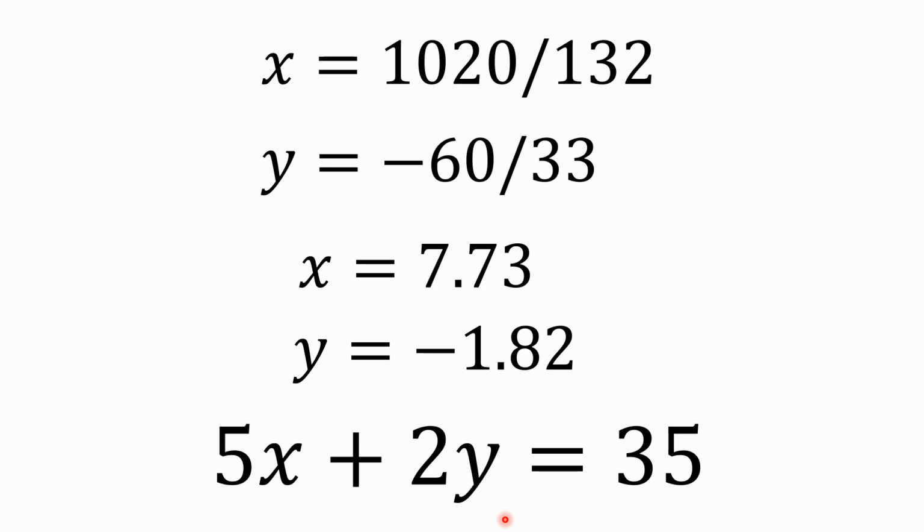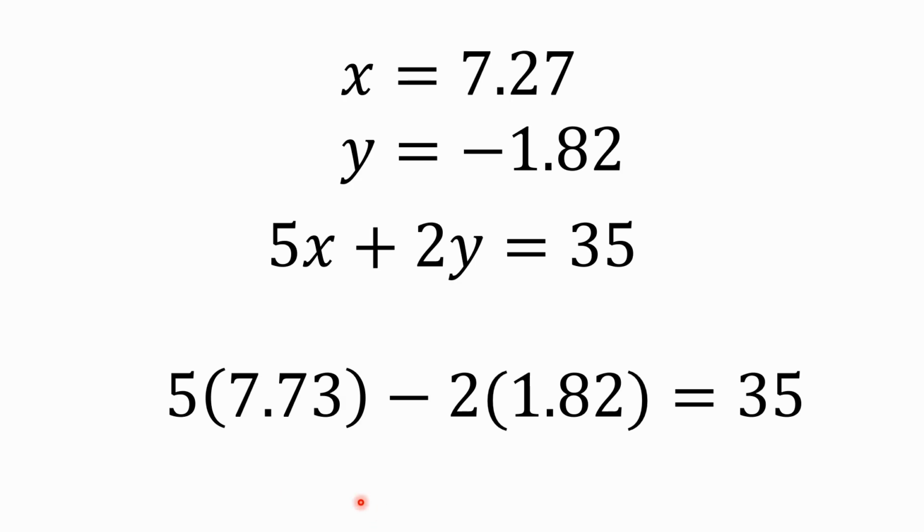All right, so if you do that, basically what you can do here is divide 1020 by 132 and minus 60 by 33. That gives you these answers for x and y. x is going to be equal to 7.73, y equals minus 1.82. So you can substitute those into our second equation, 5 times